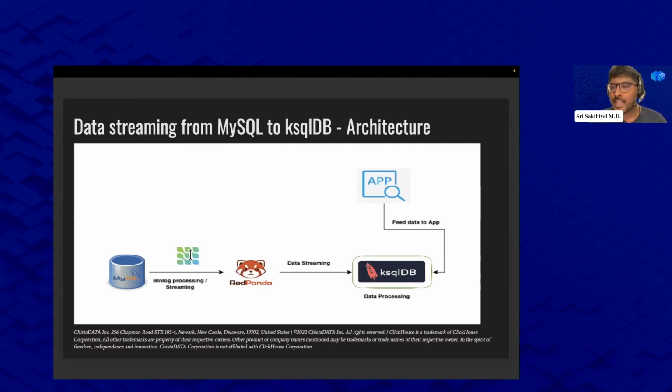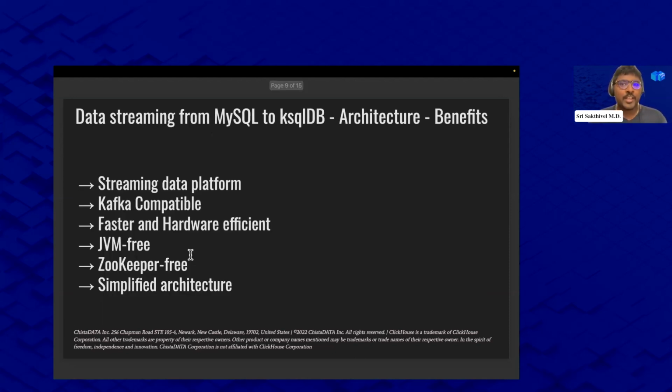Okay, and finally, the app will connect to the ksqlDB and get the data. Okay, so what is the benefit of this implementation? You can implement the streaming data platform, and this is completely Kafka compatible because we are using Redpanda